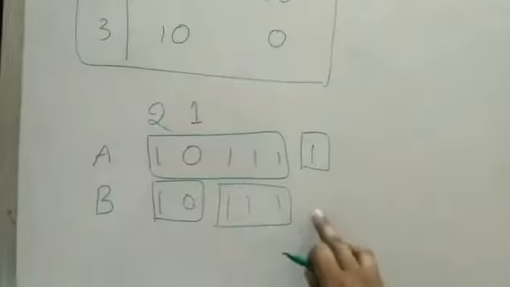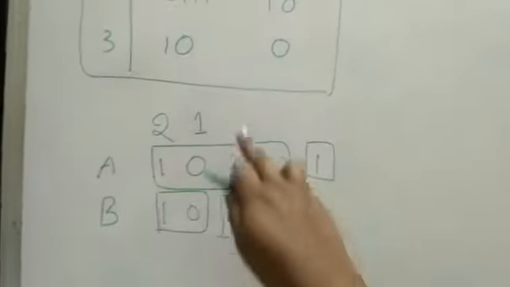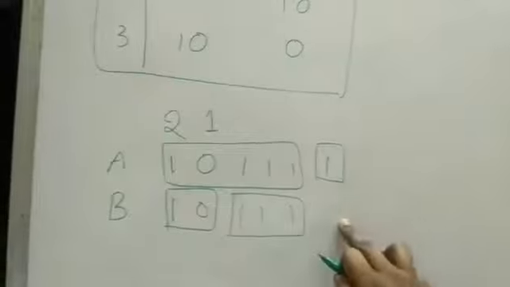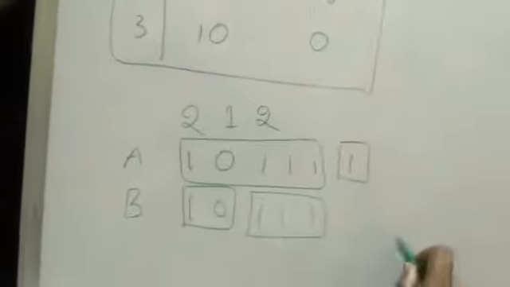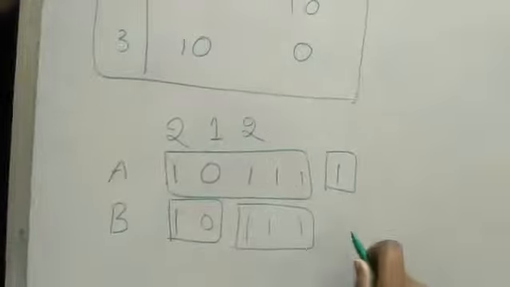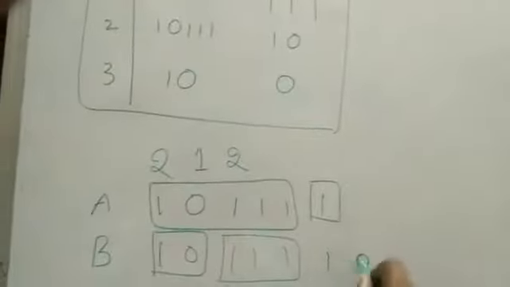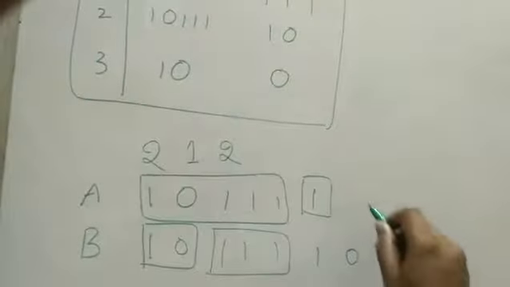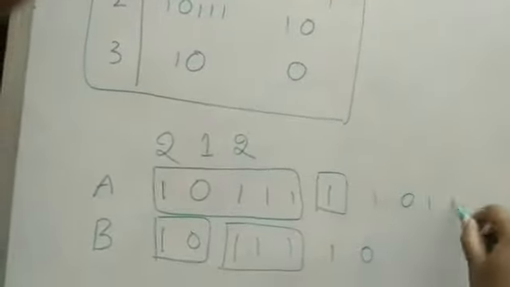Suppose I have taken 2, what will happen? You just think. Suppose I am thinking that 2 is the correct solution for the next one. If I have written 2 here, that means I have to write A2 and also B2. So we will see what happens. B2 means what I have to write? 1 0. And then I have to write A2 also. A2 is 1 0 triple 1.